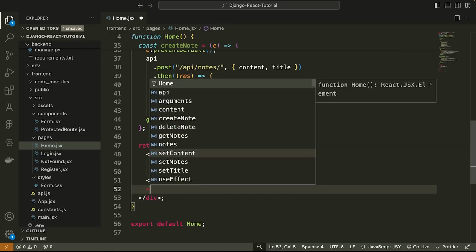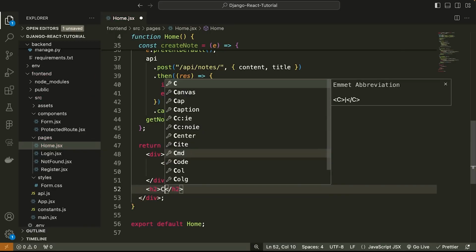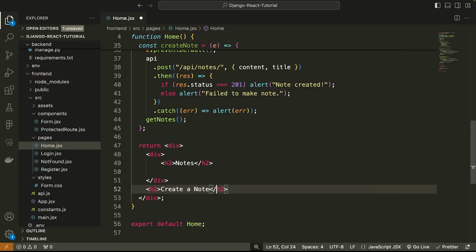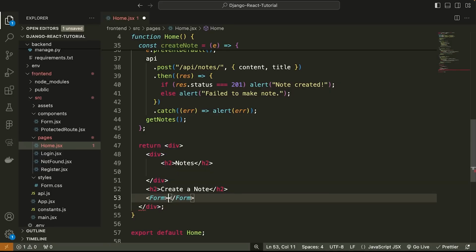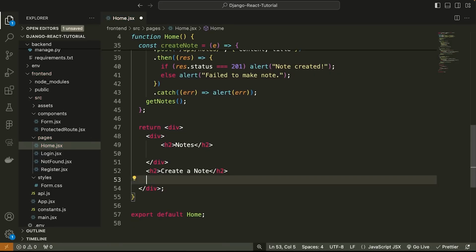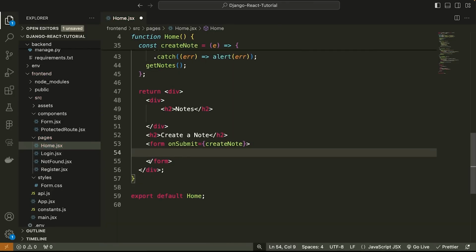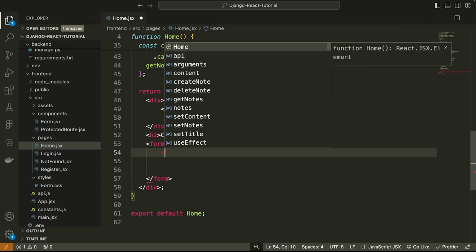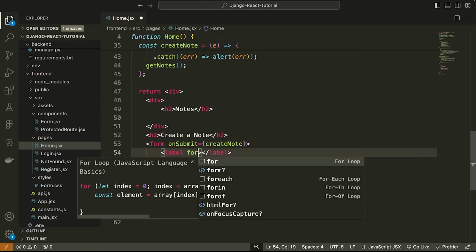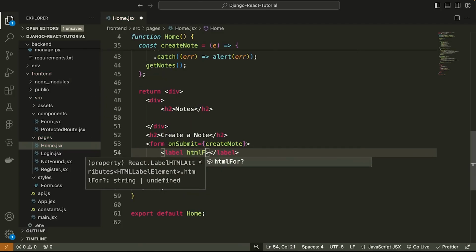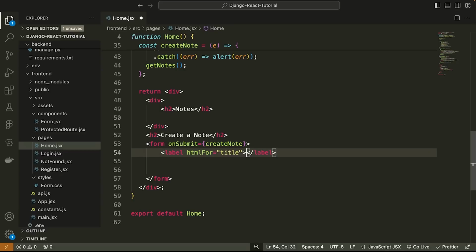We're now going to come down here though, and we're going to make a form, and this form is to create a note. Okay, so we're going to write a form, and this needs to be in lowercase. The form is going to have an onSubmit, and the onSubmit is going to be equal to the createNote function. Now inside of the form, we're going to write our different elements. So we're going to have a label. This is going to be htmlFor equal to title. And this is going to say Title: